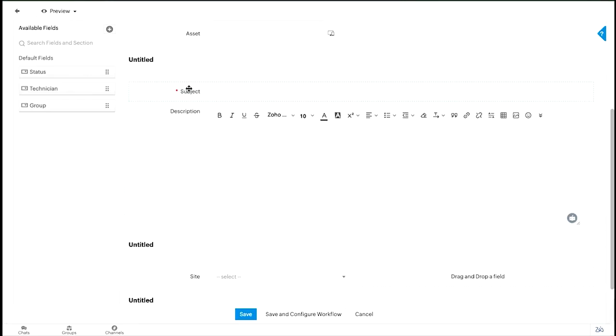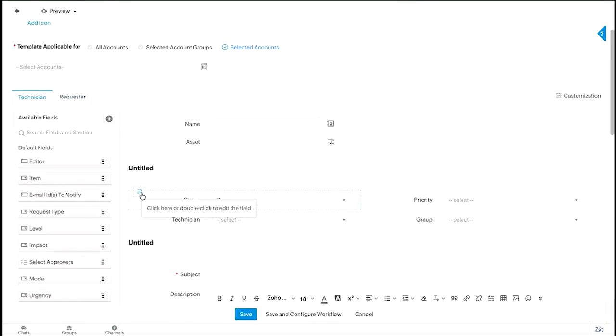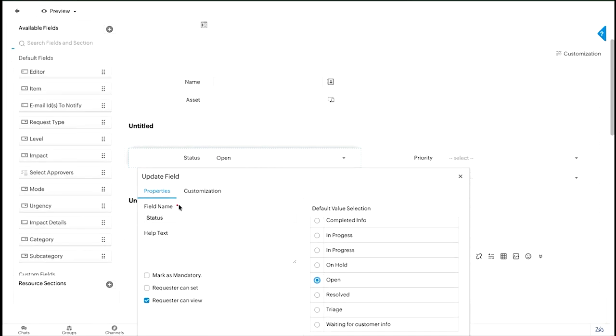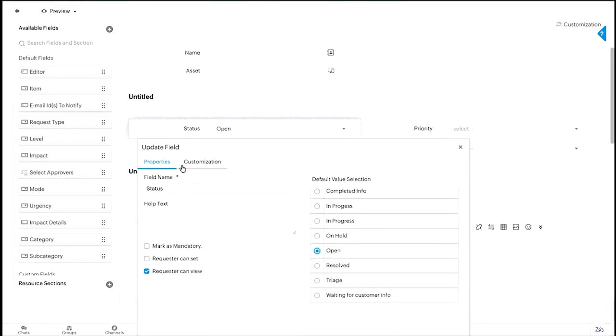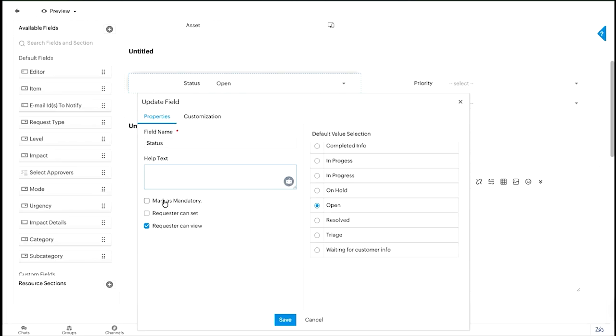here. And similarly, you also have an option to provide these settings for each and every field available as well, right? So when you click on the settings option over here, you'll be able to provide the different properties that are available, such as a help desk text for this particular field. You can even choose to mark any field as mandatory, and you can also choose whether a requester can edit that particular field or not, or even to the level where a requester can even view a